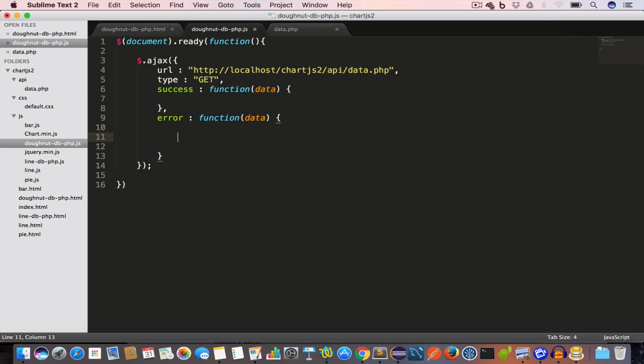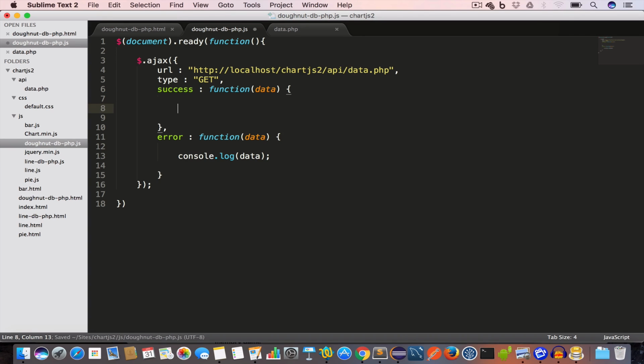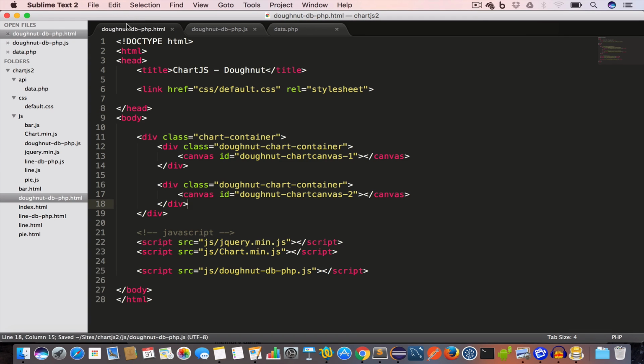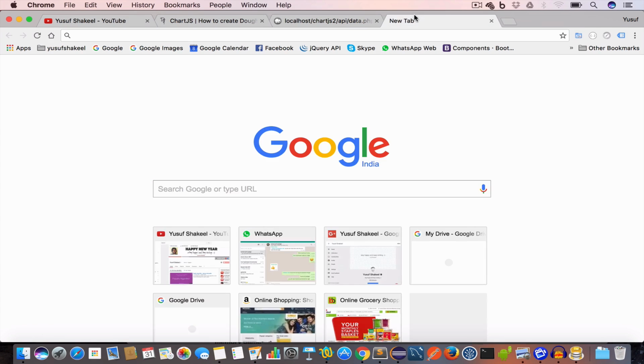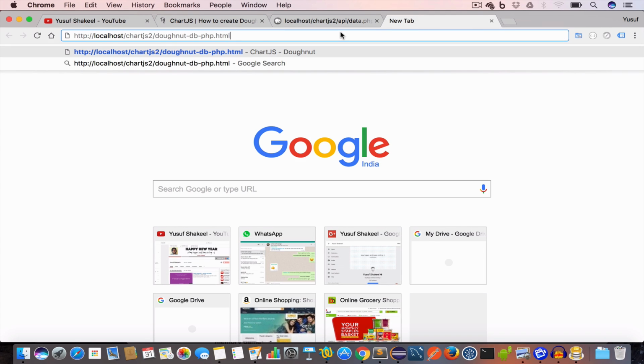So let's say if we have any error, then we will console log the data, and if we have any success, we will console log the data. And now if you open this doughnut-db-php.html file in the browser, we'll get something in the browser console. So let us open the browser, and in the new tab, let us open the HTML file. And if we open the console,